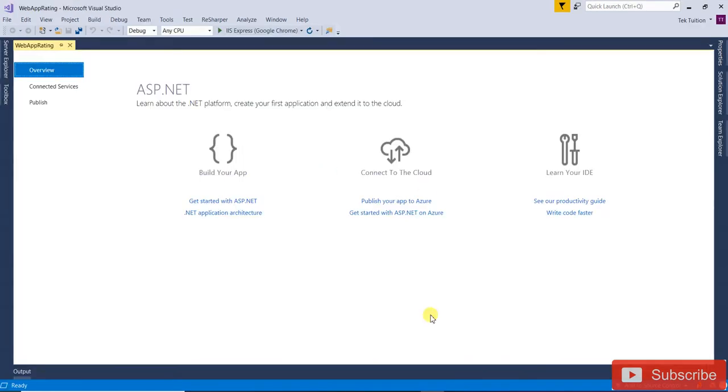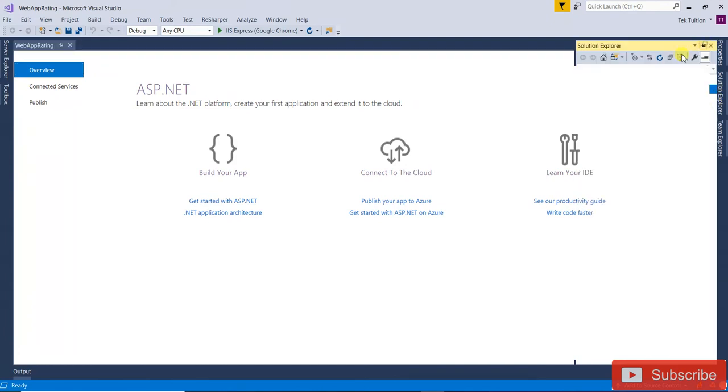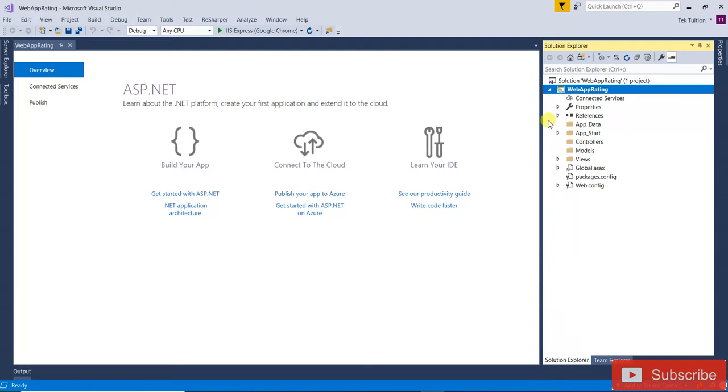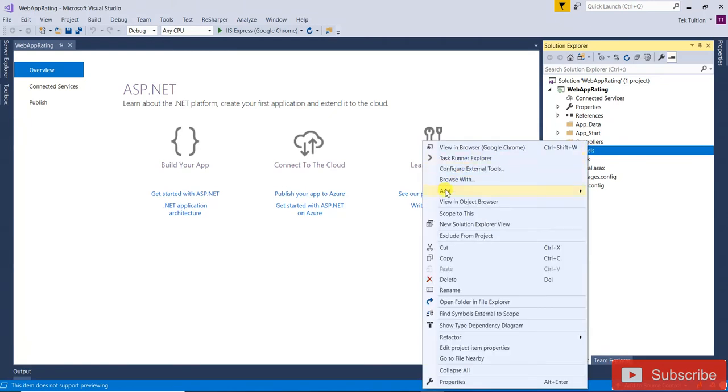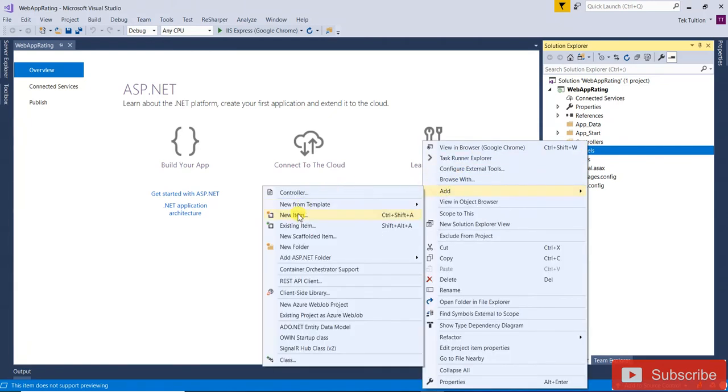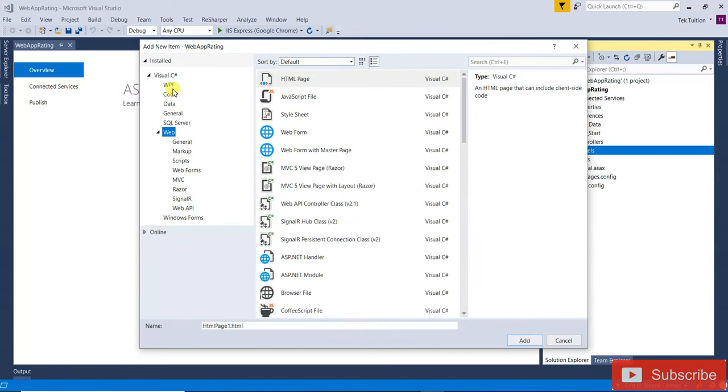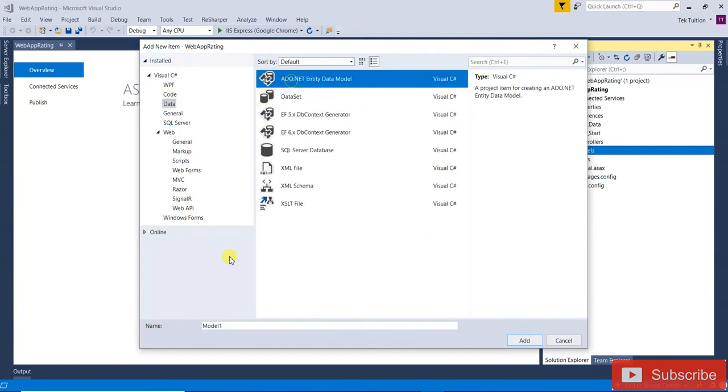Now open Visual Studio. Here I have created an MVC blank project. You can see that there is not much boilerplate code there. First, I'm going to add the models. So right click on Models, add new item. Now I'm going to select Data, ADO.NET Entity Data Model. Now select